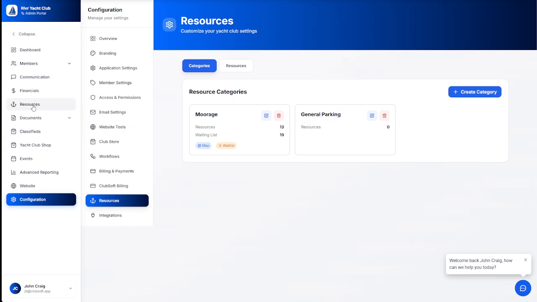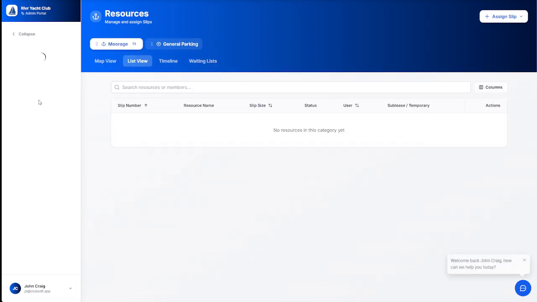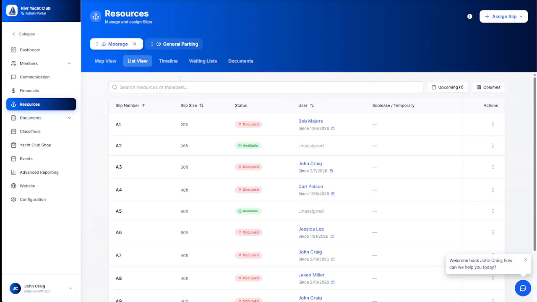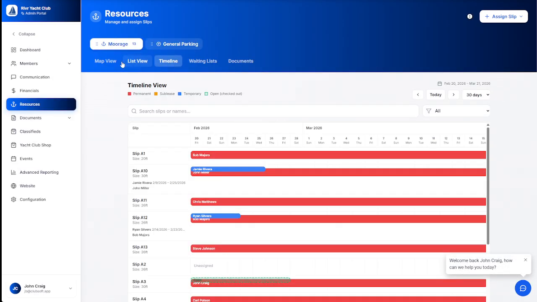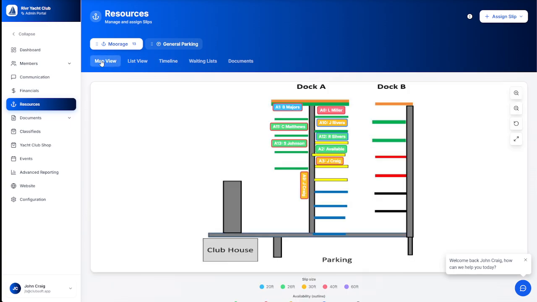Now if I go to the resource tab, I have a list view, I have my timeline view, and then I have my map view. So there is my Moorage map that I just updated. Now if I go in and I assign a user or remove a user, it will show that user in that spot. So if I want to assign A2,